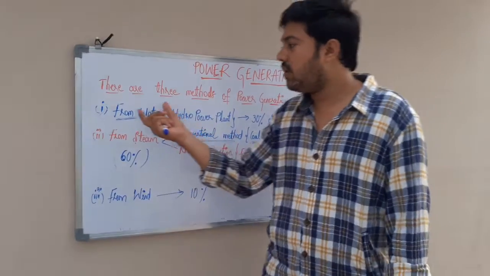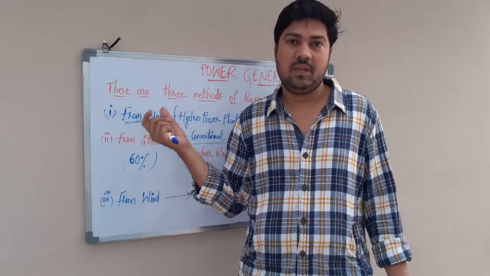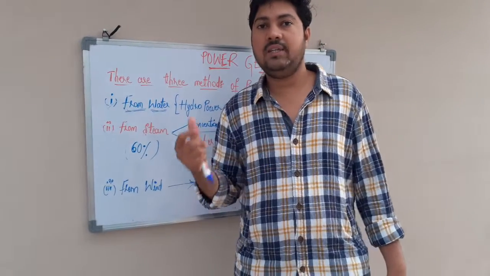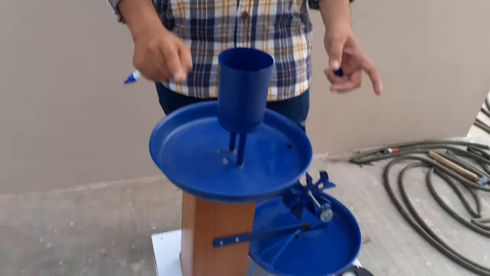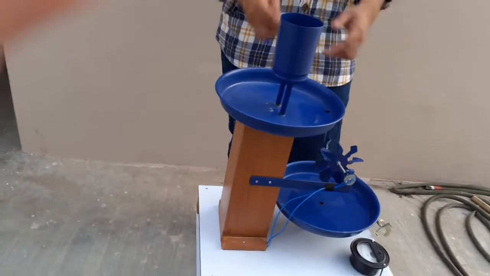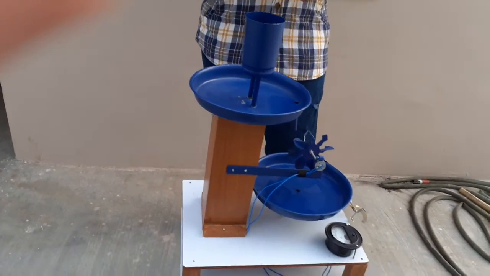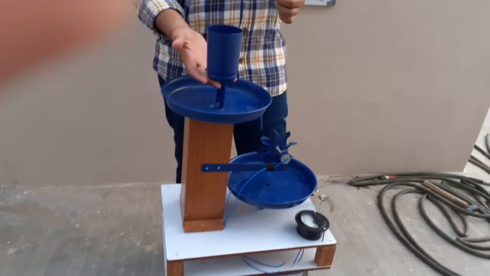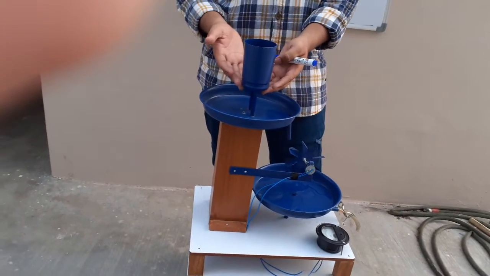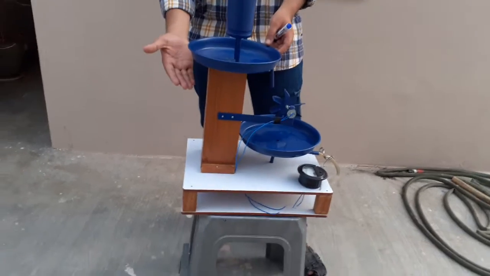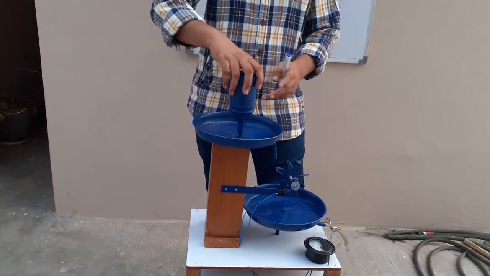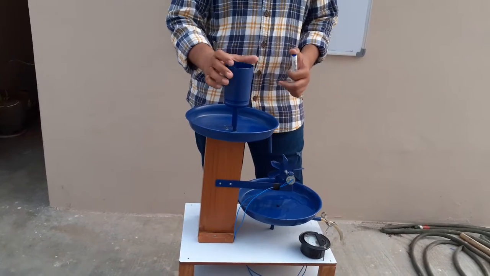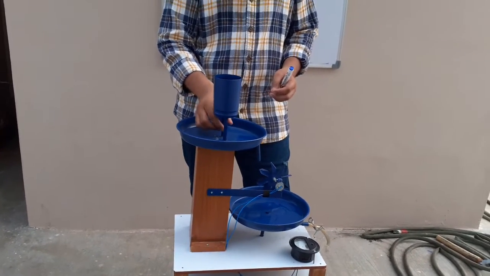So in order to explain practically, I made a small working model of a hydropower plant. This is a small working model of a hydropower plant. In a hydropower plant, first we build a tank at a very great height. The tank stores water at a great height, and when you release water from this tank,